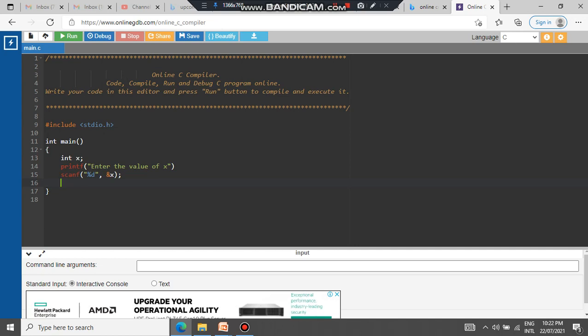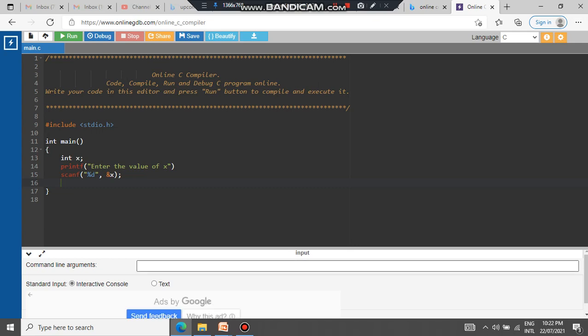So now moving ahead, I want to divide this x by 2, and if I get the output as 0, in that case it is an even number. If I get the output as 1 or anything which is not 0, the number is an odd number. So what we will do is